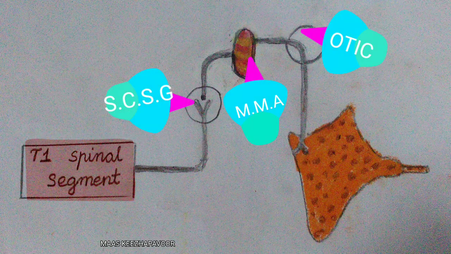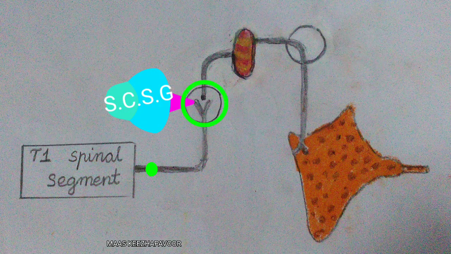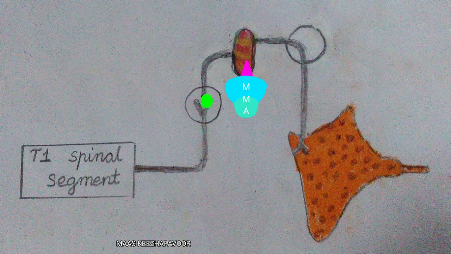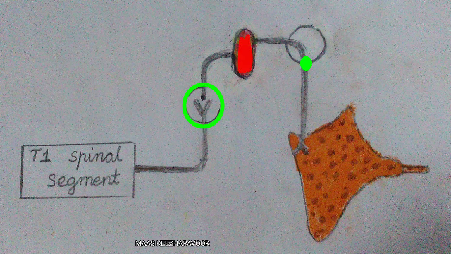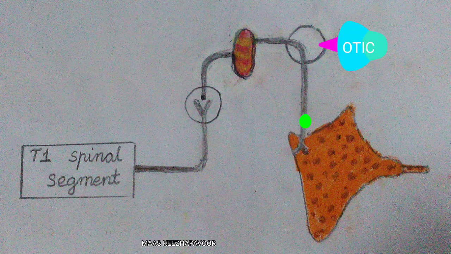The sympathetic root arises from T1 segment of spinal cord and relays in the superior cervical sympathetic ganglion. The postganglionic fibers pass through plexus around middle meningeal artery. These fibers do not relay in otic ganglion as they are already relayed fibers in superior cervical sympathetic ganglion. The sympathetic fibers are vasoconstrictors.